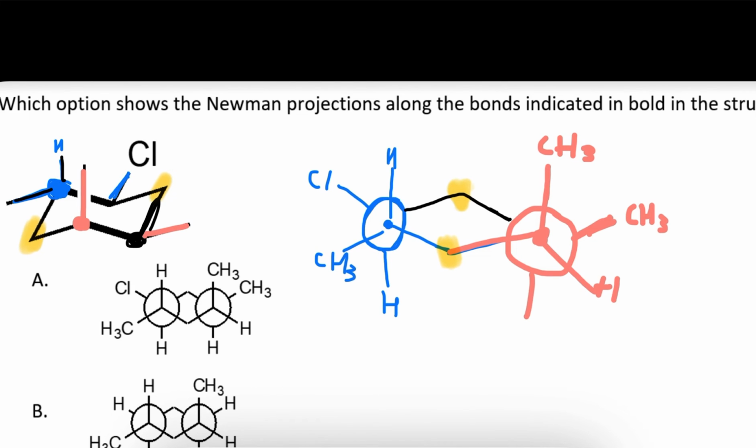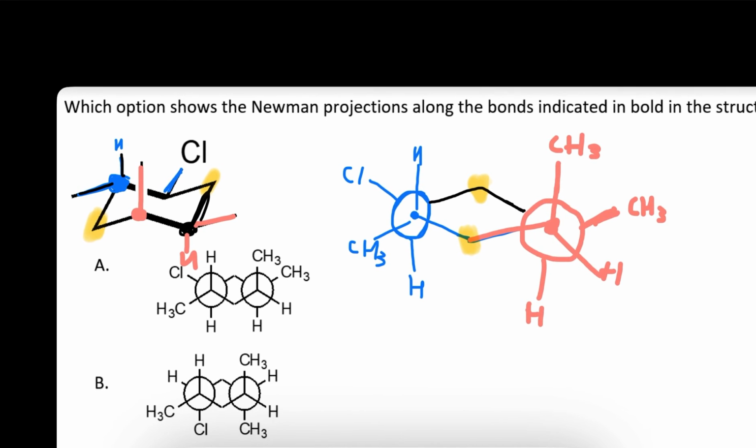Then the only thing that makes sense to add down here is a hydrogen because this back carbon is already bonded to the highlighted yellow part. It's already bonded to the methyl, and now all that we have down here is a hydrogen. So the answer is going to be A,